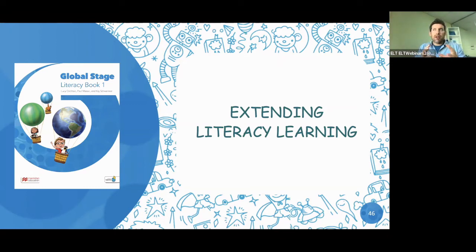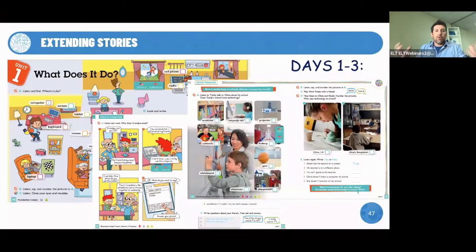I'm working on the basis that you have around 2 weeks to cover a unit of Global Stage. So let's have a look at what that 2 weeks might look like if I was planning out a unit of Global Stage. What would I do to extend and push my students to the maximum? So of course, I want to introduce them to the language element. So I'm not going to focus too much on the language book itself, but